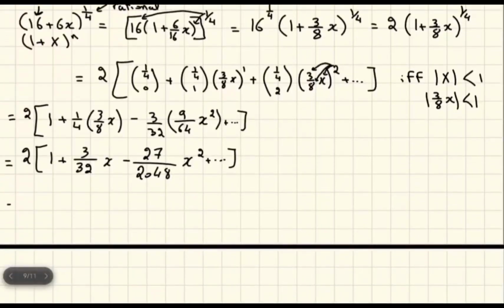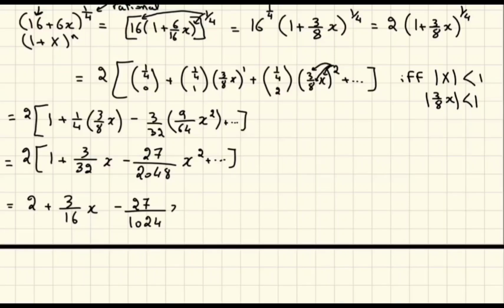And now we can distribute the 2, so we get 2 plus, then you do 2 times 3 over 32, it will be 3 over 16. And when you do 2 multiplied by negative 27 over 2048, it will be 1024 x squared. So we have more terms. Now going back to the condition,